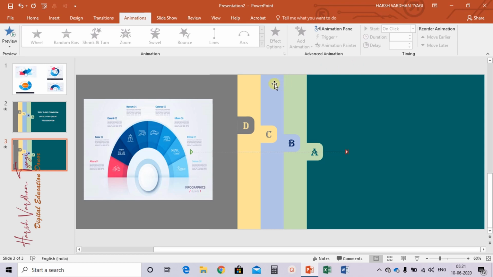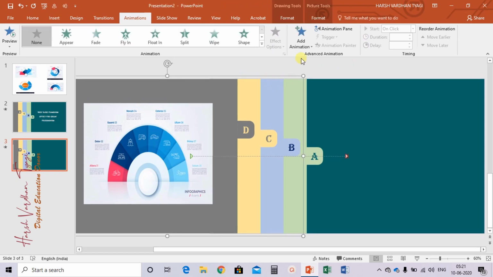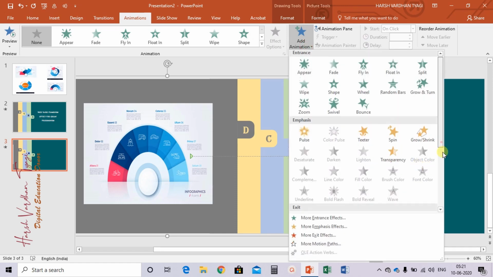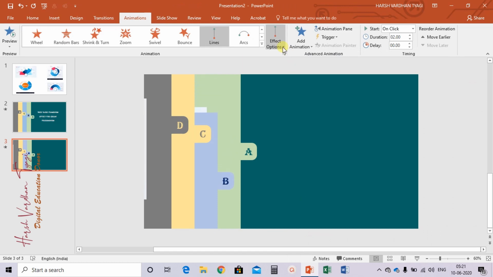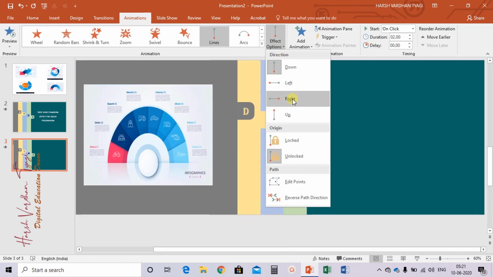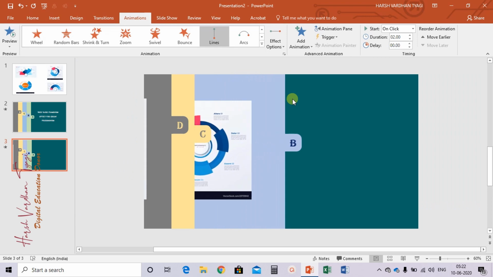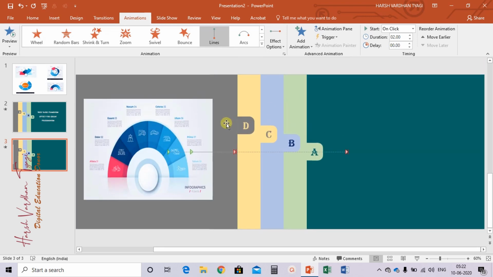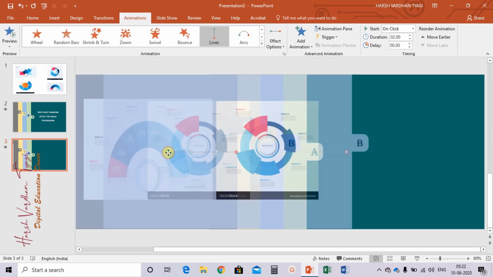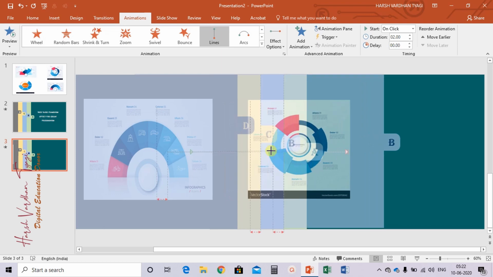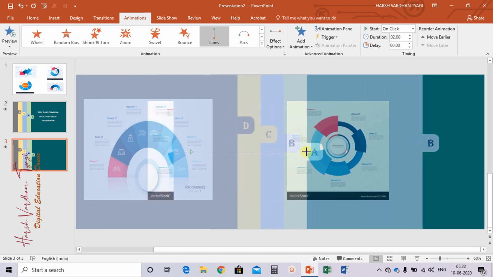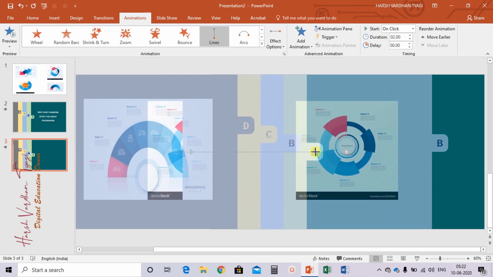Fine. Once you have done this, again select the shape B, the second, go to animation, again select lines, in the effect option select right side, and then click on the last arrow which is playing here, the second one, and then drag it to the right side.